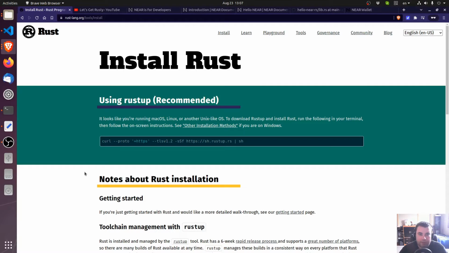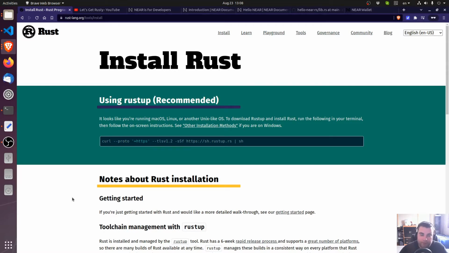So let's go ahead, and the first thing is the Rust programming language. Using rustup over here, we have the command to get it set up. Once you run this program, it should install both rustc, the Rust compiler, and Cargo. Cargo is kind of like a package manager for Rust packages, similar to npm for Node.js. Get this installed. And the second thing that we will need to install is for trying out our smart contract